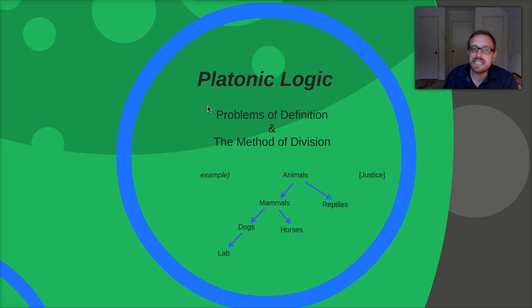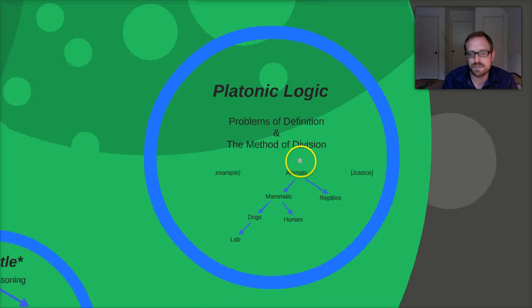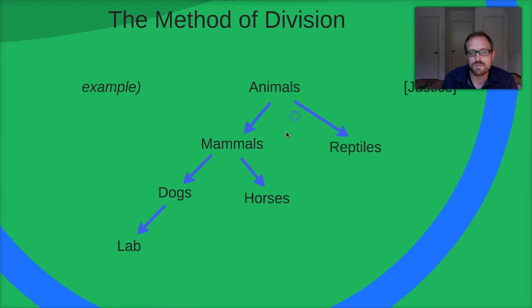But Plato proceeds by trying to isolate these essences, and he does it through what's called the method of division. And I have an example here for you. Let me zoom in here. Right. So for example, imagine if we wanted to know what a Labrador dog is. Well, you can see that if we have a category of animals, animals are either mammals or reptiles. If they're mammals, well, there's different types of mammals. There's dogs, there's horses, there's cats, and so on and so forth, right? And then one of those many types of dogs is a lab.